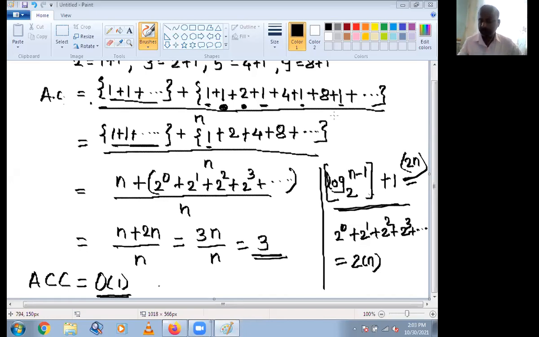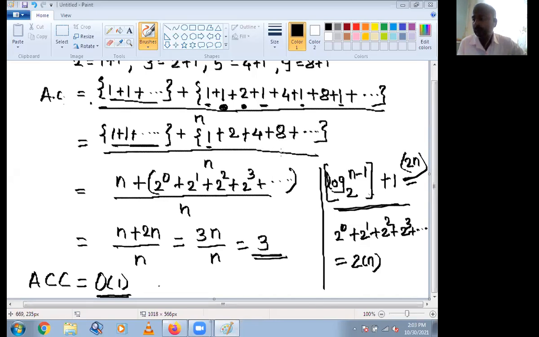In this example, we have seen that big OH is denoted for upper bound. So the aggregate method calculates the upper bound, that is the sum of the actual cost of n operations.